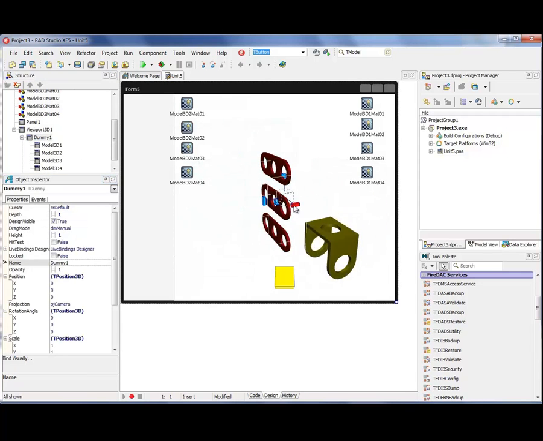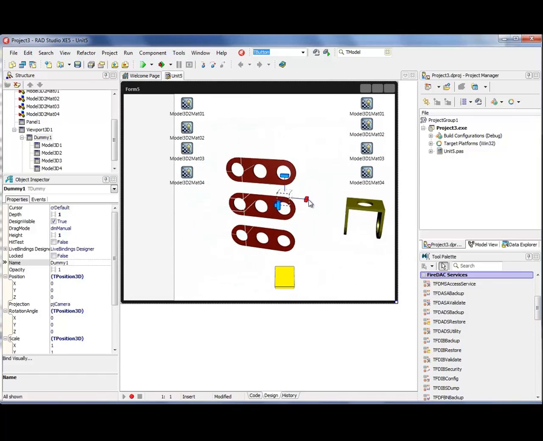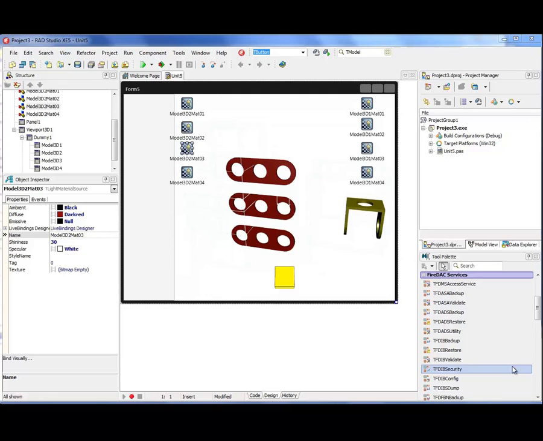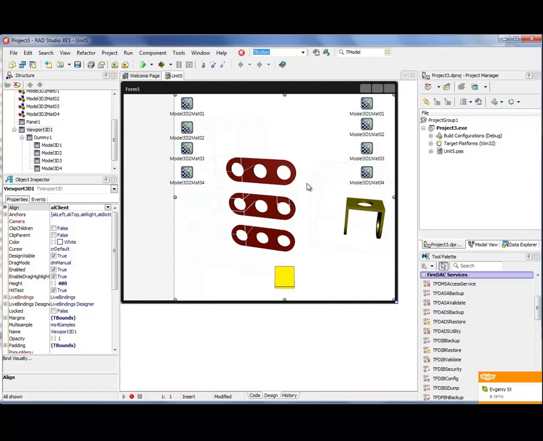We can rotate the scene with models all together. The point is that the 3D Designer in Delphi IDE is very simple, and it is not designed for making complicated 3D scenes. It's not a 3D editor indeed, but you can change the materials in runtime.